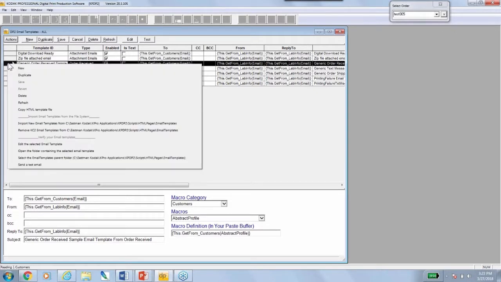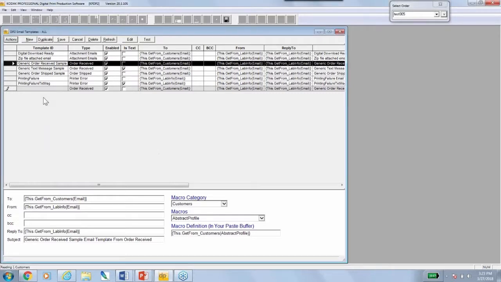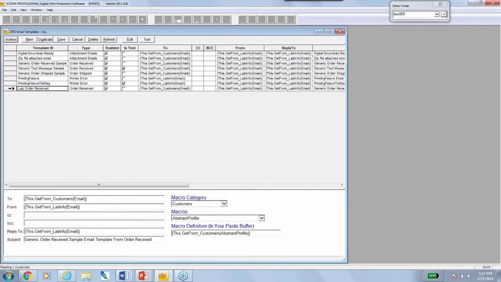As is customary in dp2, you could probably expect to right click and choose the duplicate function. So that's what I'm doing on the generic order received sample. This is just a confirmation. I don't want to really take the time to read all these dialog boxes. So I'll just call this the lab order received. You might start a naming convention in your lab that puts your lab name or initials in front of everything, so you know that's yours versus this generic list, and also these printer failure messages, records in the system too. So if I save that,